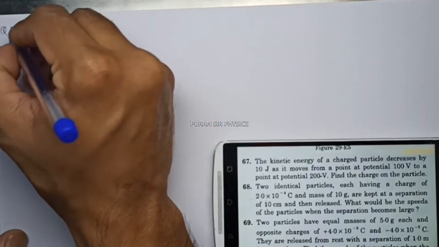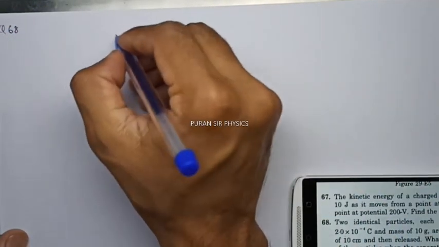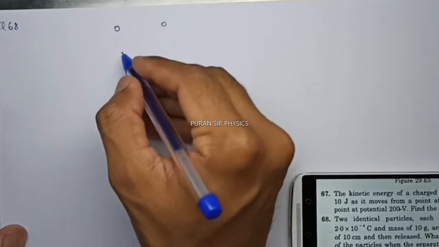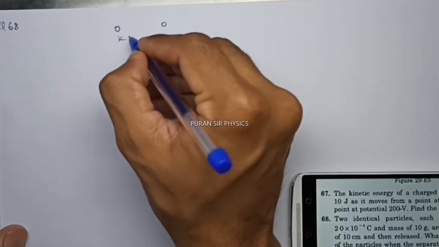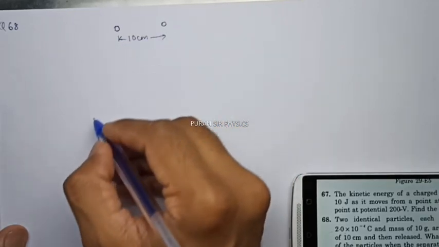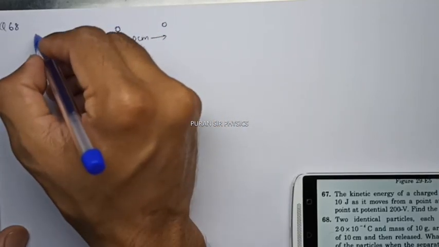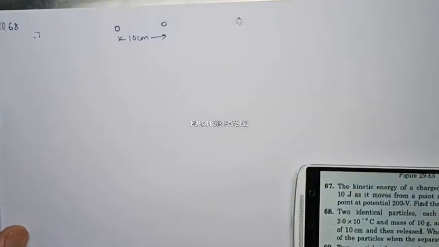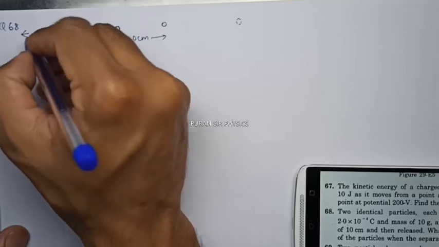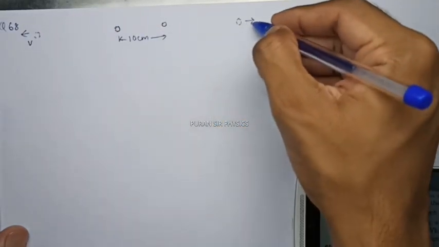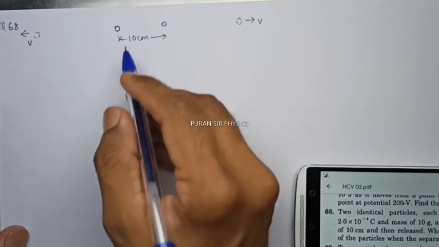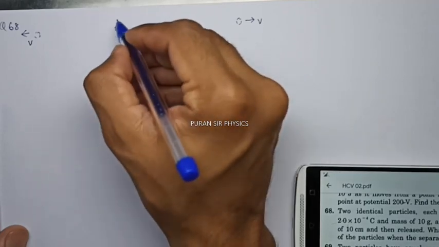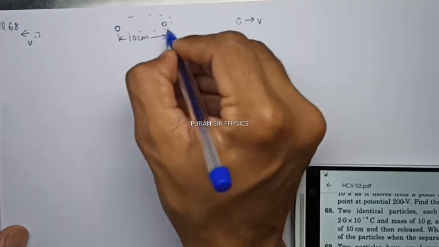So if I draw the diagram, there are two charges which are placed 10 centimeter apart, and then when the separation between them becomes large, we have to find what are their velocities. Okay, so if I consider these two charges as my system,